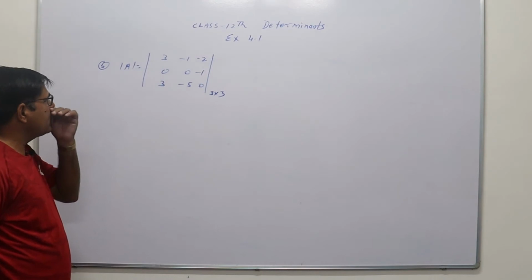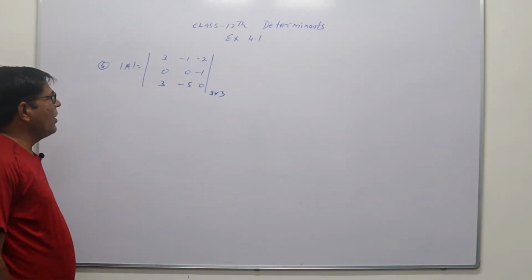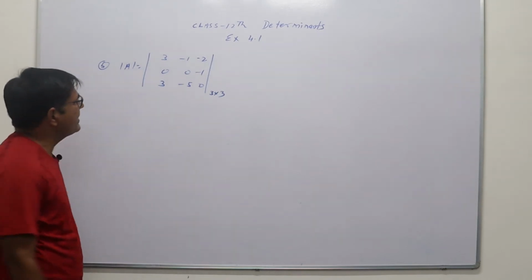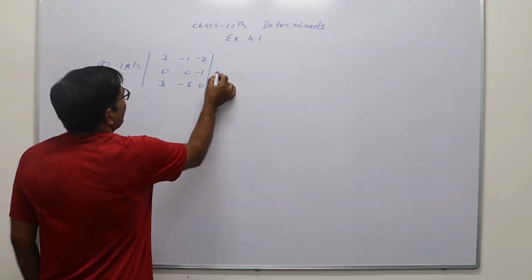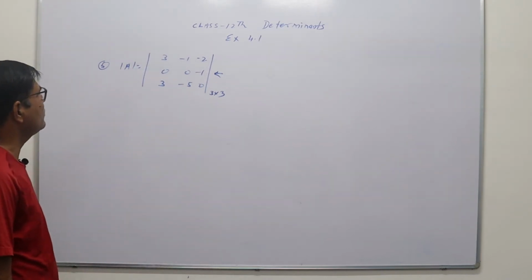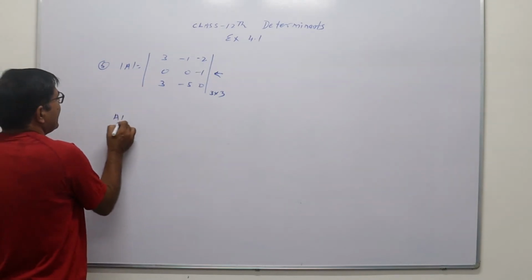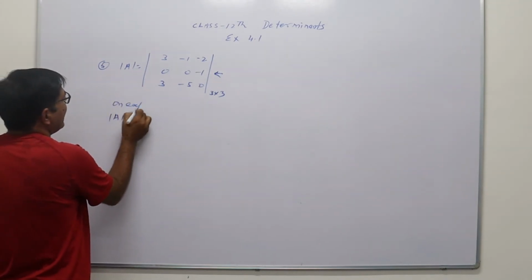with respect to which particular row or column we have to expand. So see, in the second row there are two elements that are 0. So if we expand with respect to the second row, then the calculation will be easy. So determinant A on expanding